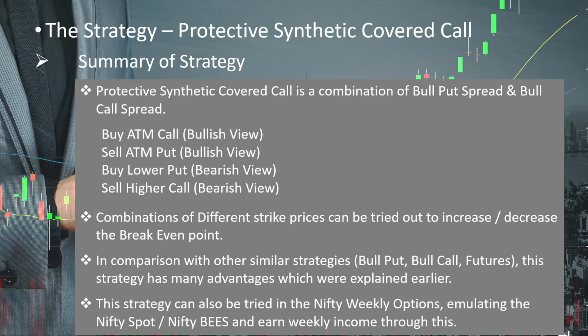You can go and buy an ATM call in Nifty. Now the Nifty level is 15,700 somewhere. You go and buy 15,700 CE one lot and sell 15,700 PE one lot. That is a bullish view. You can go and buy like a 15,500 or 15,400 put. That will protect you if Nifty goes down like anything. And you can go and sell like a 16,000 or 16,200 call. Superb liquidity you will get.